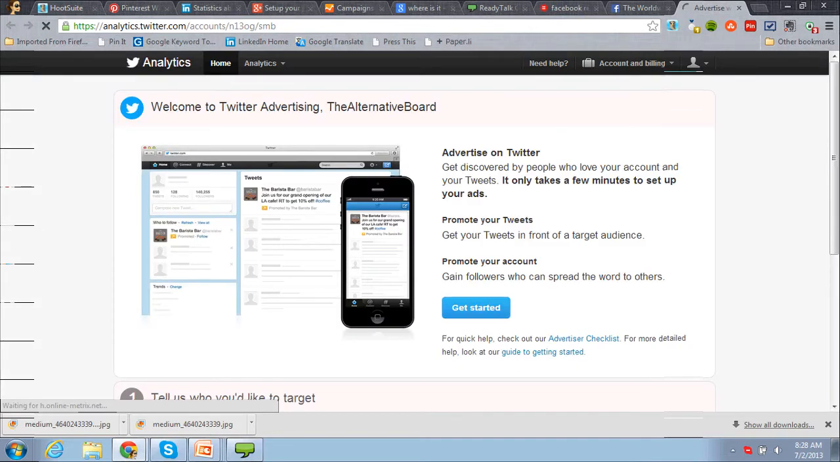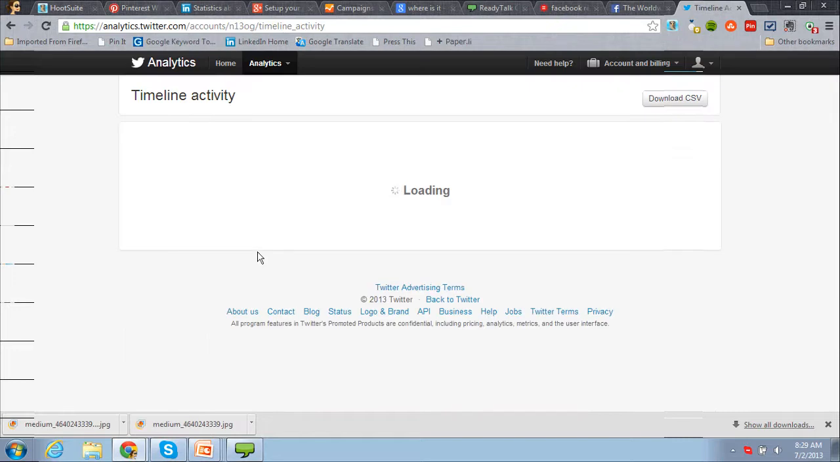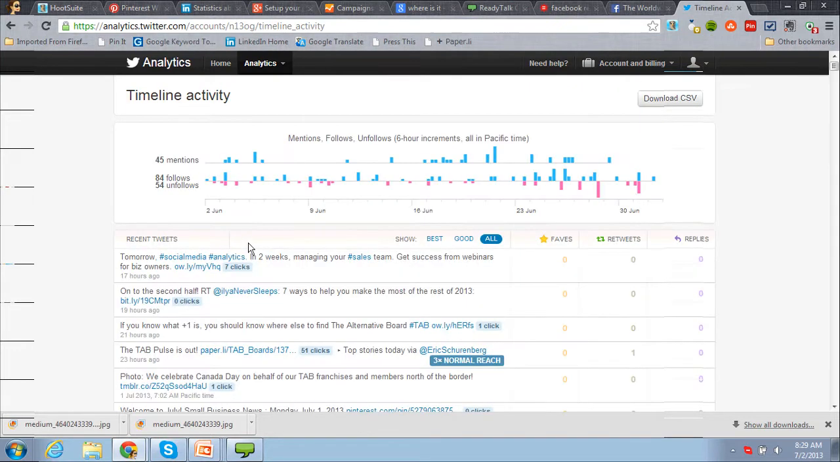So again, it's going to try to bring you into the where you can advertise, but here's the analytics, and you can click on either of these two. So let's look at timeline activity. I think this is extraordinarily helpful. And again, this is not the only place this kind of reporting is available. If you're on Hootsuite, you can get pretty much the same information through them. But if you're not, or if you just have a need to get in here, this is where you can